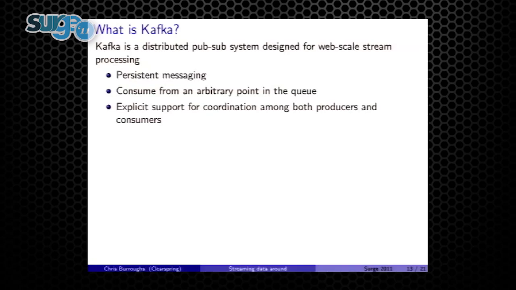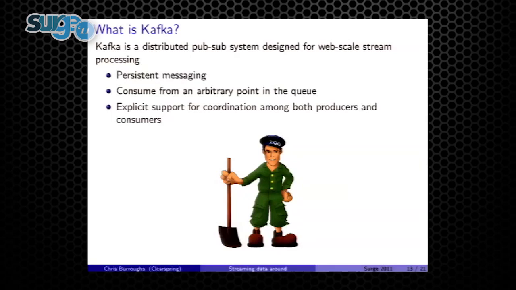Cool. So the key design idea is that the messages are always persistent. They're always written to disk. There's not a special index queue that's only used sometimes if things spill over. You can consume from an arbitrary point in the queue, so you can rewind it, so to speak. If you're a consumer and you have some checkpointing mechanism and you crash, you can back up because you're in charge of where you are. And there's explicit support for coordination among producers and consumers using Apache Zookeeper. So if one of your brokers disappears, you can route around that,